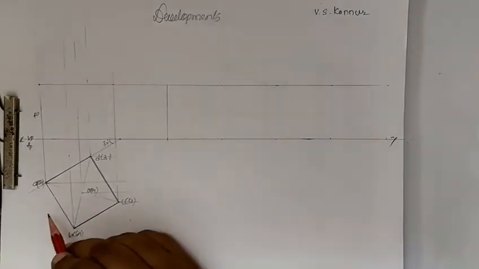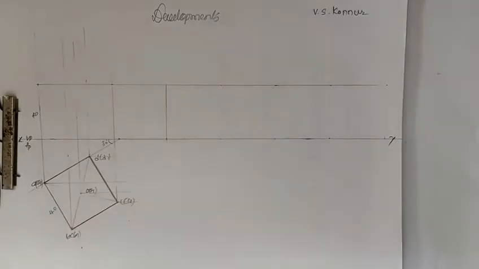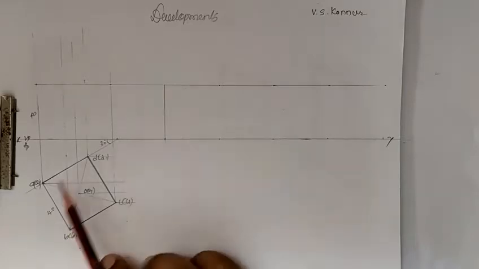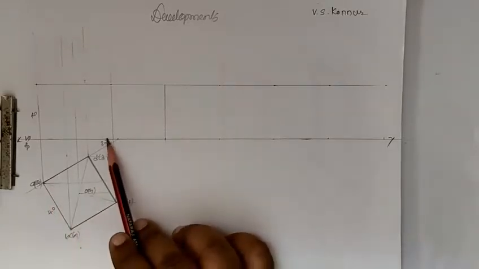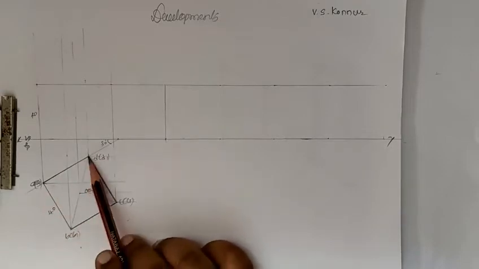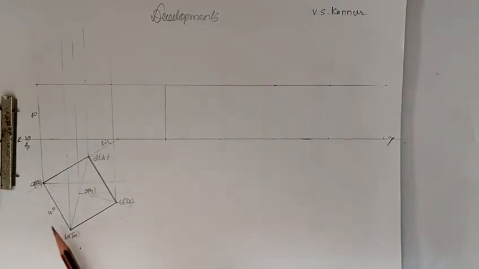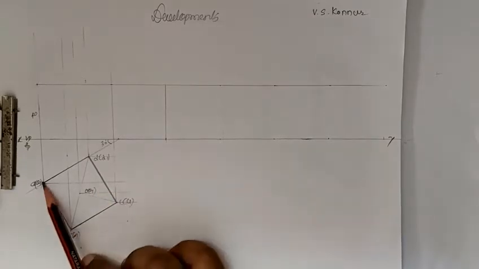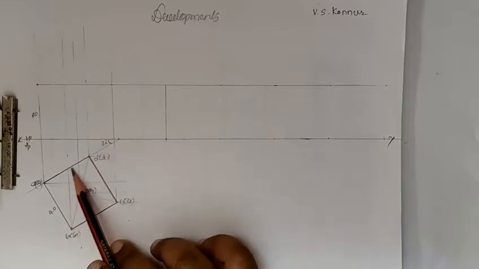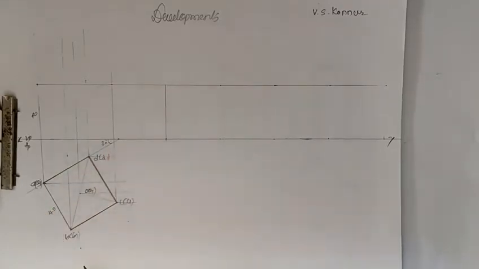See, one side is 40 millimeter, right? And one edge, you have to draw a 30 degree line. This one edge should be on the 30 degree line, and you have to take perpendicular 90 degree and cut it by 40 on either side and join these two. We'll get these two points. This is nothing but one of its edges inclined at an angle of 30 degree, and then you have to construct this cube of 40 millimeter.